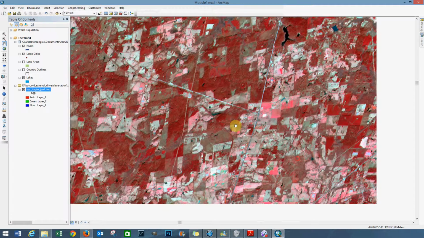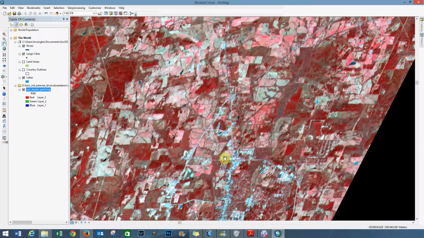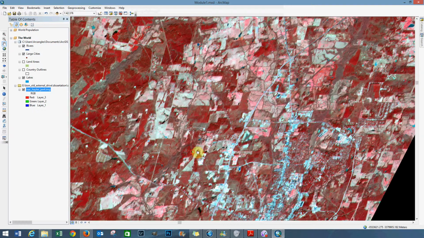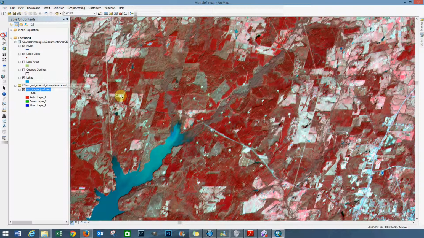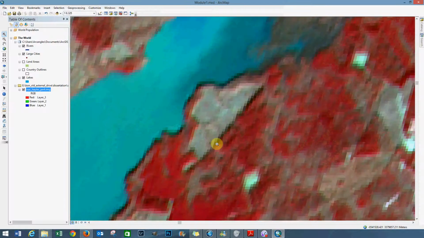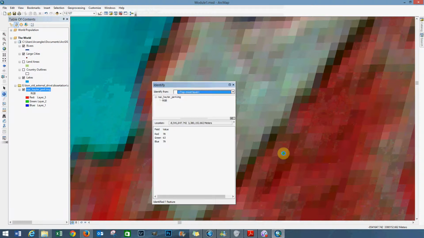But the developed areas are going to have, you can see the roads here, this bright blue. So that's in general how to identify stuff on here. But if I zoom in close enough, just keep zooming in, a raster data set will have pixels, little squares. And each of these little squares has a value. If I go to my Identify tool and click on this, it shows me I have a